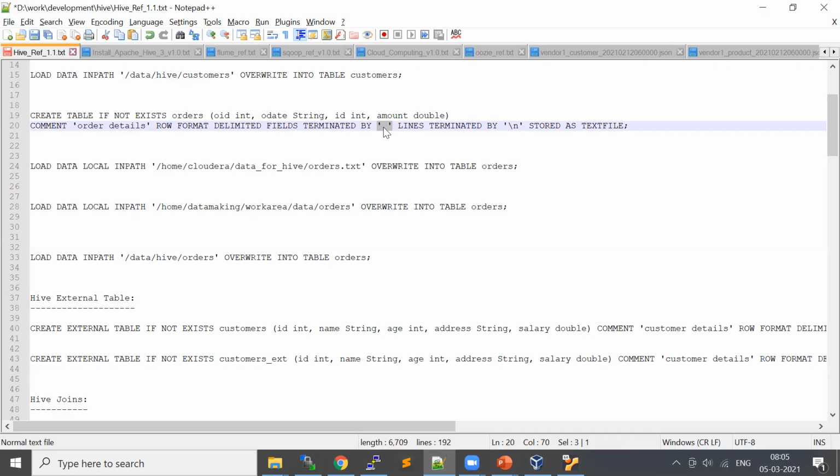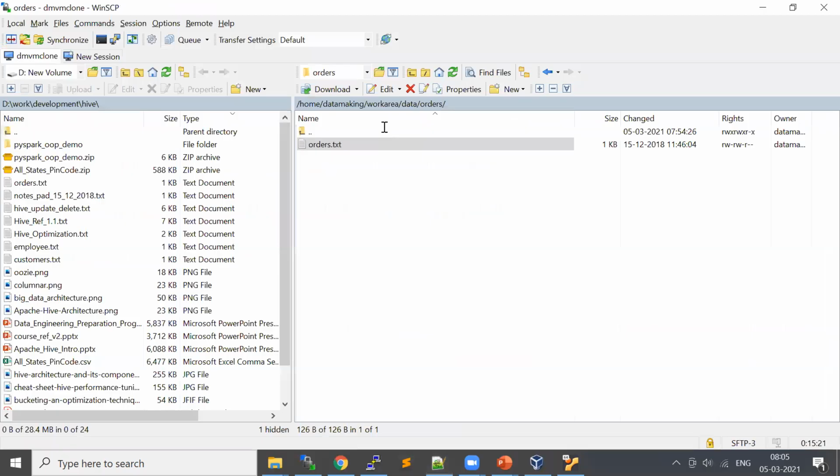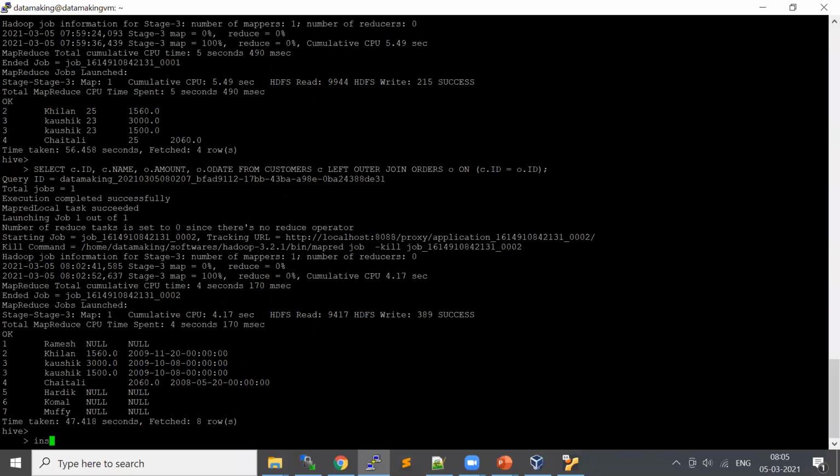Okay, got it. And we can also do the insert statement. For example, insert into orders.